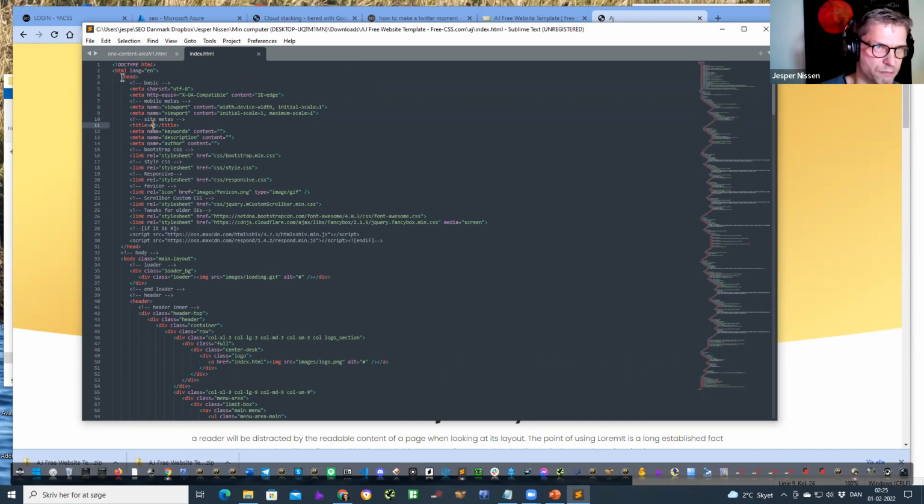One basic thing I will say about HTML is that up here in the so-called head section of the HTML, one very important thing that you should always be sure to edit is the title, or the meta title, I think some people call it. But the title here, there's actually also a meta tag called meta title. But this is the title up here. You should also always correct this, because this is one of the main ranking factors in Google, that your keyword is written in here between the title tag up here.